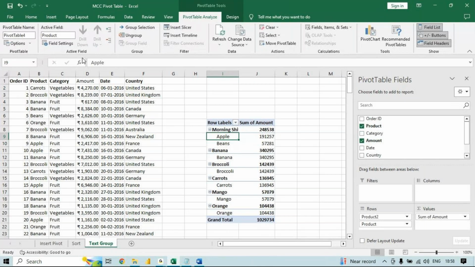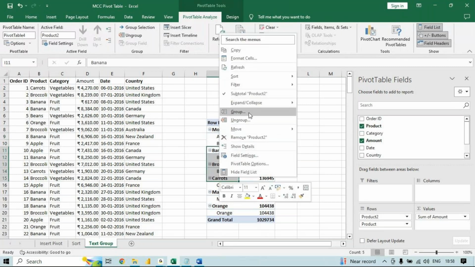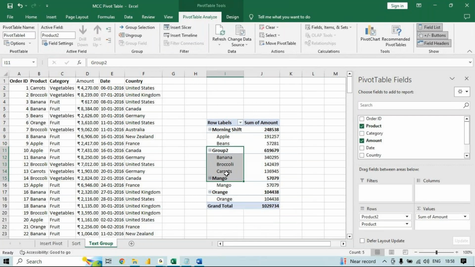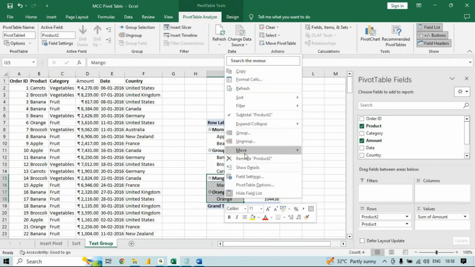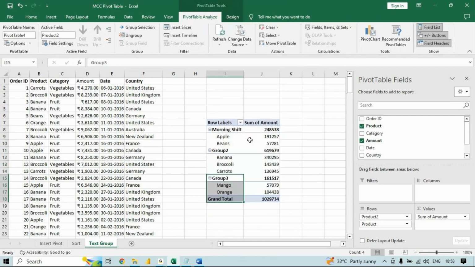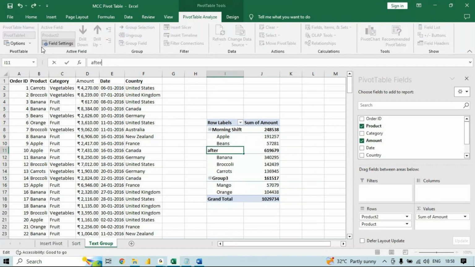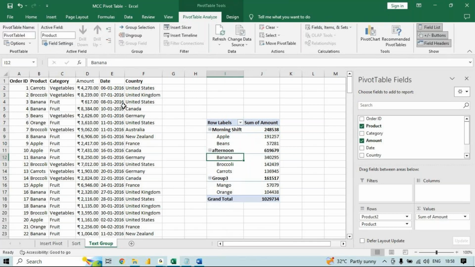Done, sir. Next, the other 2 or 3 products you select, right click, group. Again, select the remaining ones, right click, group. Finally you name that, if you want. Name that afternoon. And for the group 3,